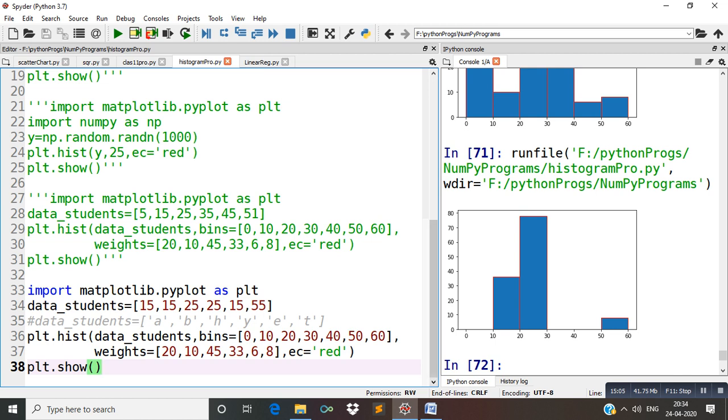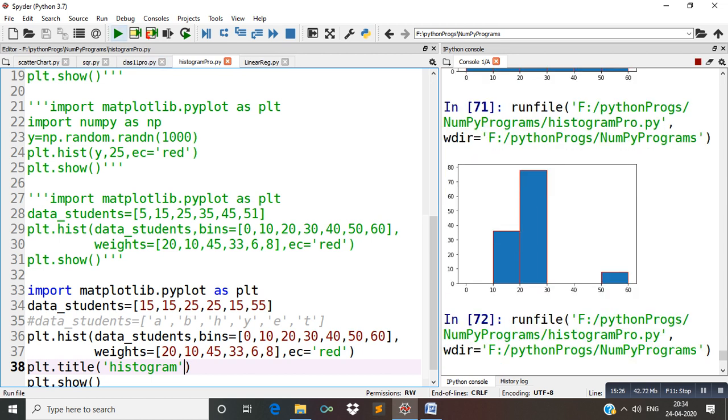Okay, so the title you can find like this. Similarly, plt dot x label and y label can also be given. Plt dot x label, plt dot x label value.